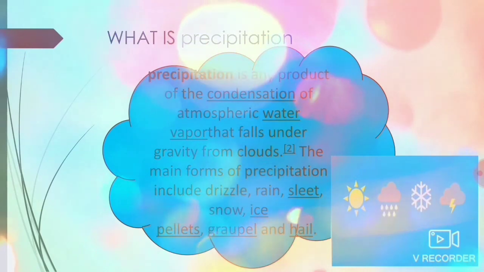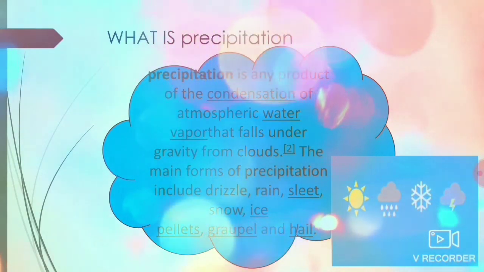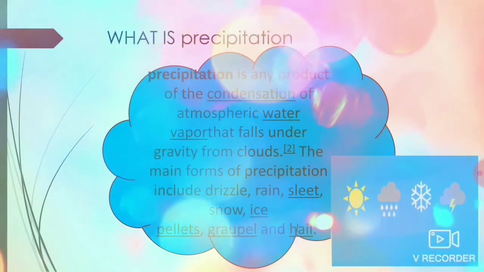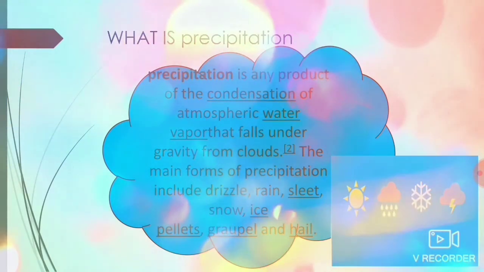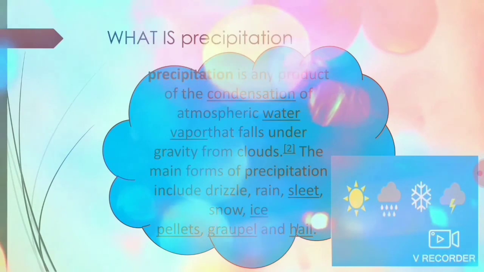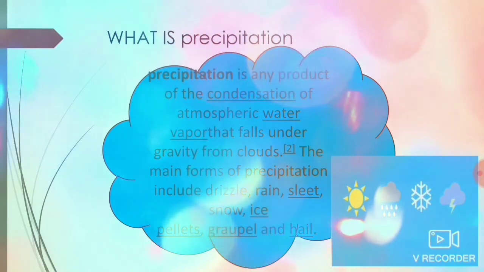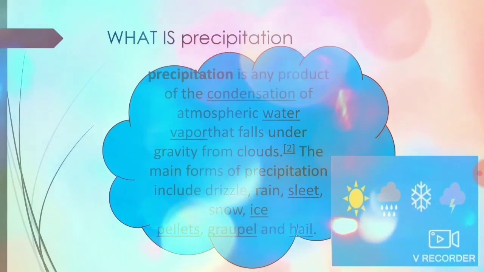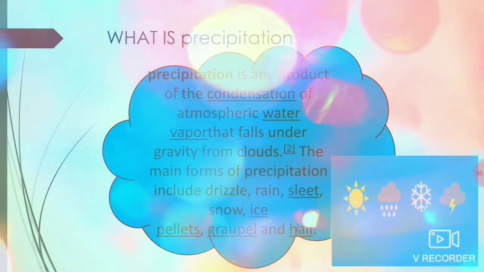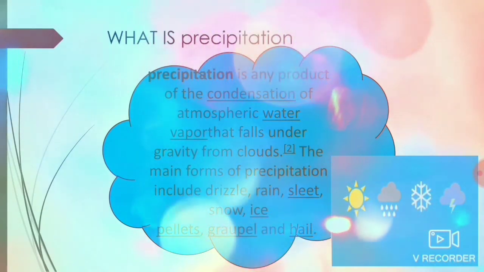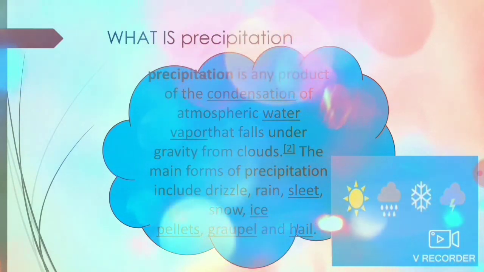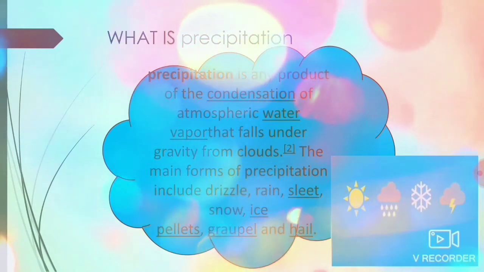Means the water which is inside the cloud, it can't keep for more time. When it leaves it, it comes down as rain, which is called precipitation. Even like rain, there are many things like sleet, snow, drizzle, pellets, graupel and hail. Anything which falls from clouds is called precipitation. Friends,